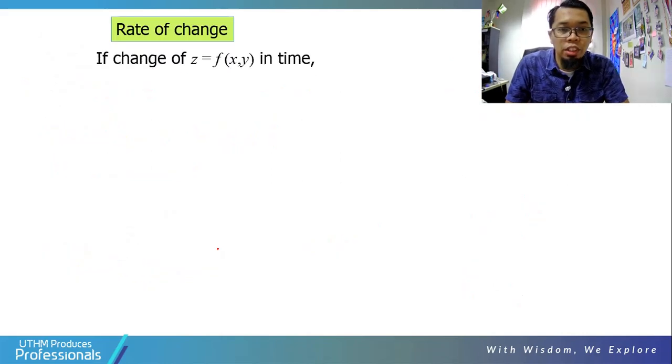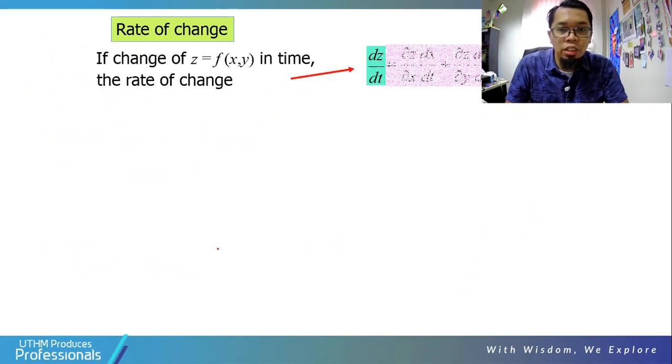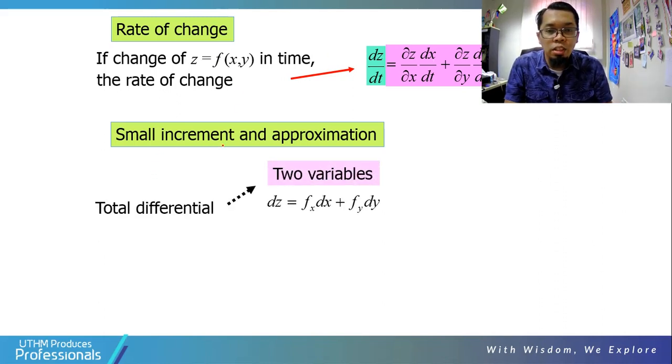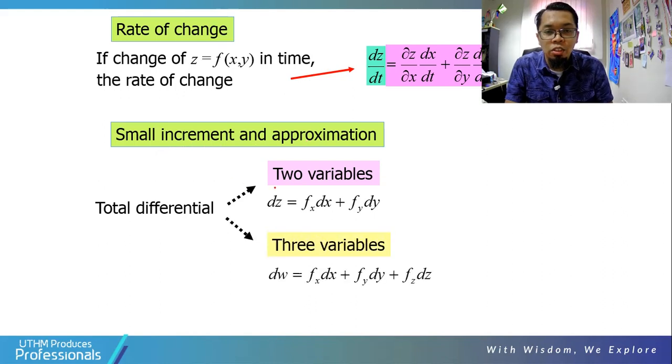For the rate of change, we use the chain rule. Chain rule, we already learned using the chain rule. Okay, rate of change using chain rule. For the small increment and approximate, so using this formula. So fx, you know fx. Okay, dx means